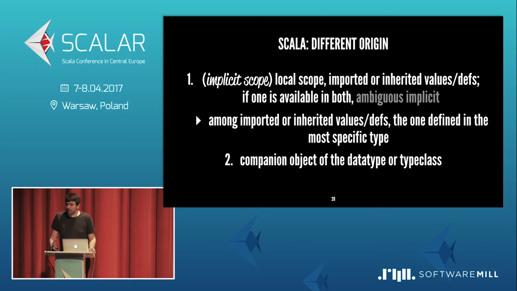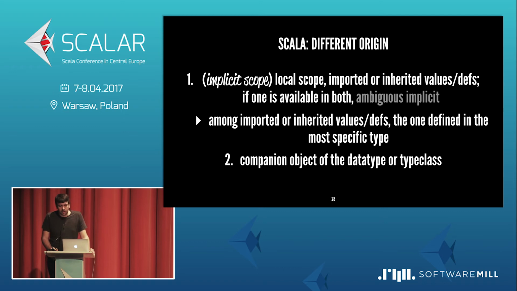Anything that was imported or inherited explicitly. And importantly, if one instance is available both in the local scope and has been imported or inherited, we would end up with an ambiguous implicit saying, okay, you have two instances, I don't know which one to pick. If nothing is available there,